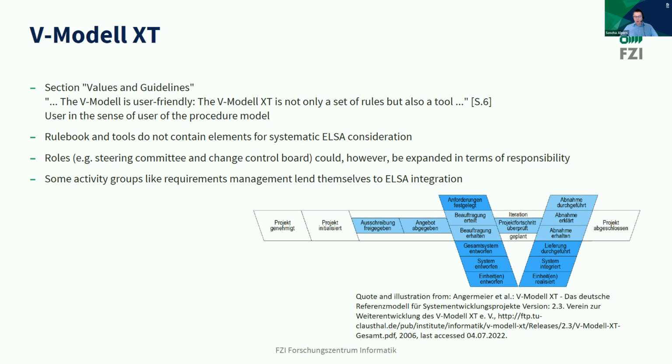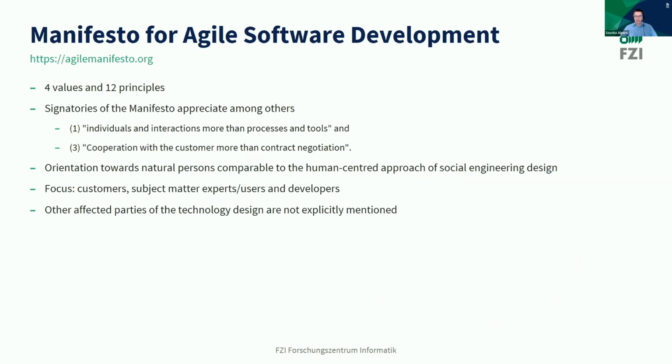V-Modell XT is quite old. Maybe newer ones give more support. Let's look at the manifesto for agile software development. The manifesto was built to describe the common understanding about agile software development from different agile software development models. They formulate 4 values and 12 principles, and 2 of the values maybe would give us some understanding about ELSA